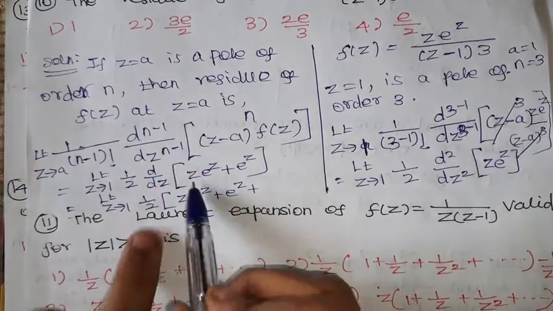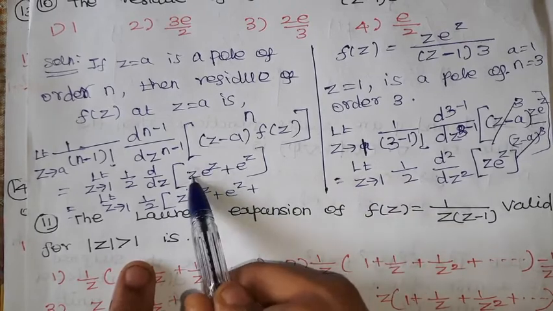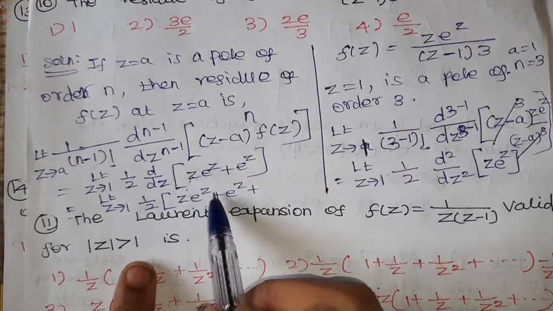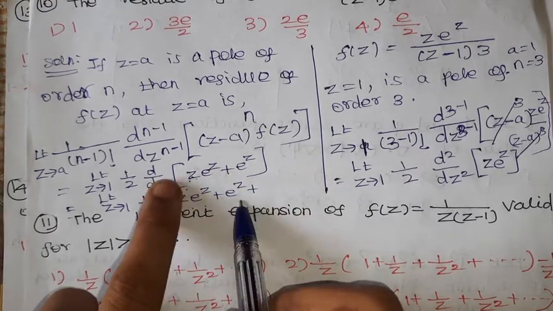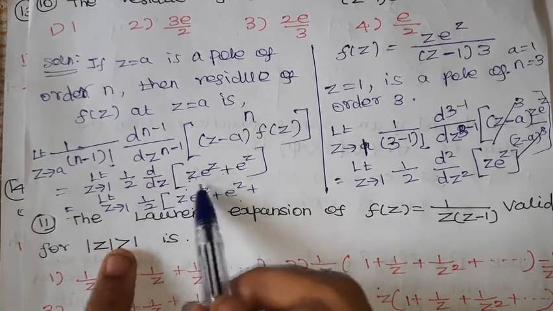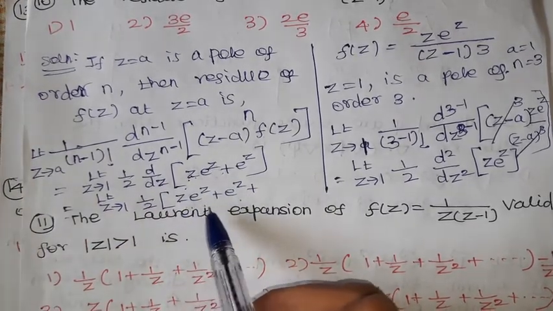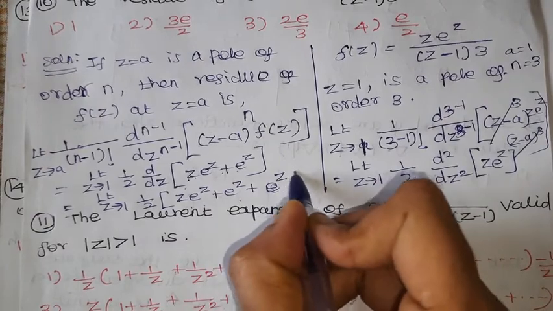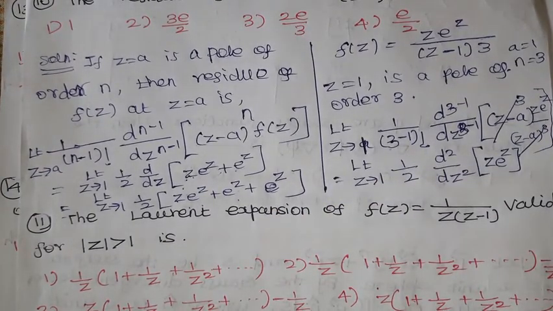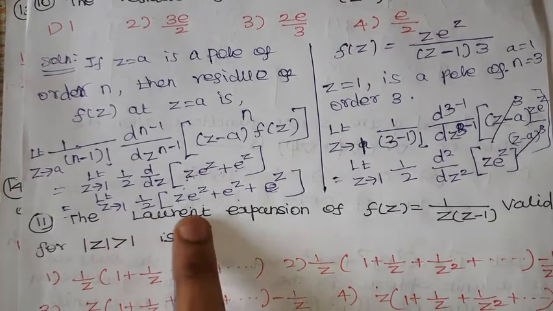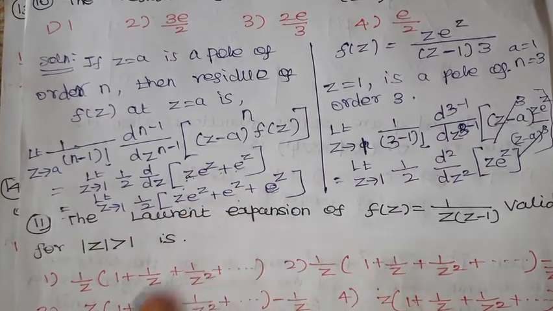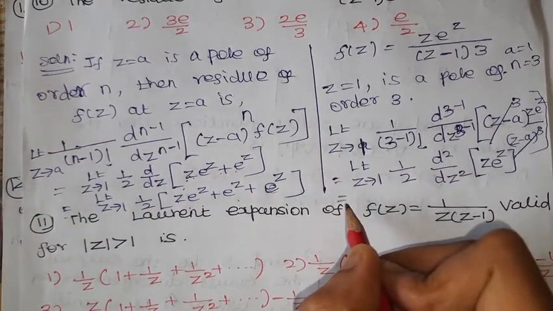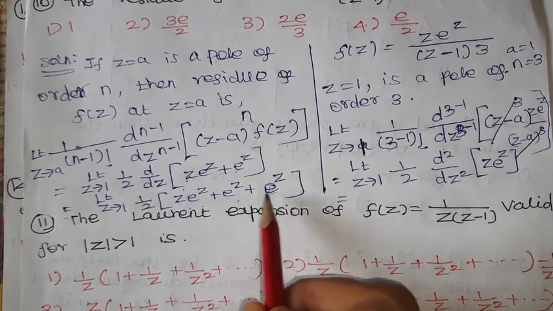I am explaining here how it comes. Keep z as constant. u dv of e power z is e power z, plus e power z into the derivative of z, which is 1. So in short, differentiating z e power z gives z e power z plus e power z, and differentiating the other term gives again e power z. So this is the differentiation value, and we are going to simplify this term. Due to space consumption, I am writing e power z and e power z.